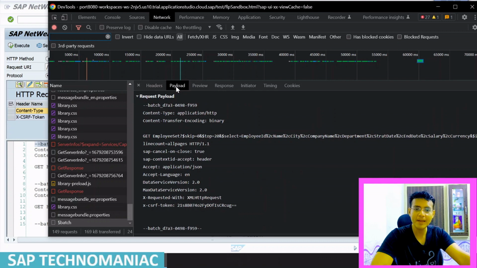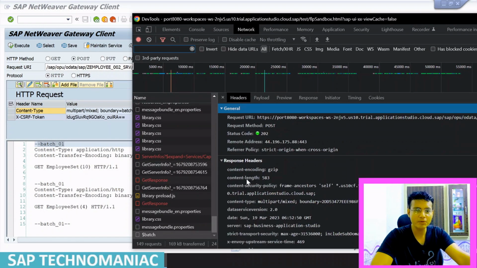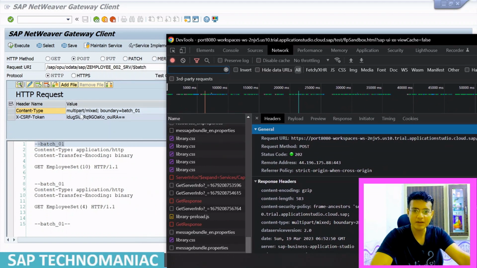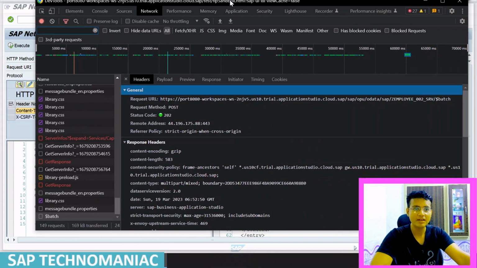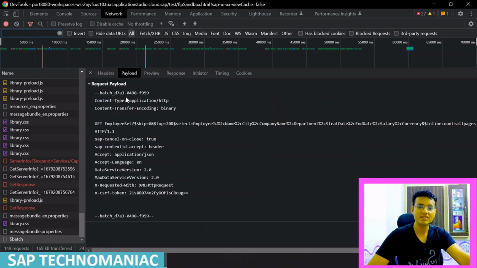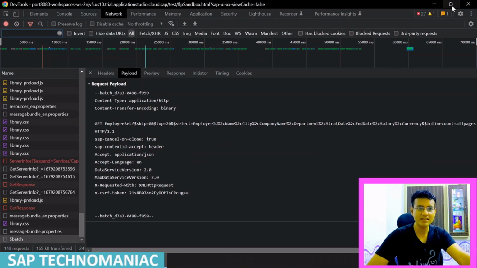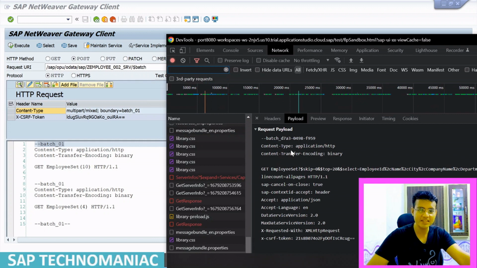And if you see the payload data, before going to the payload, you have to go to the header, and if you see content type here, this content type in the header, you can see multipart/mixed boundary batch equal to the batch name. In the same way, you can see content type here, multipart/mixed boundary and the batch name. This batch name you can see in the payload. At the start of your batch, what is the content type? Again, this is a different content type than whatever we are seeing there. In this case, the content type is application/http. Here also you can see